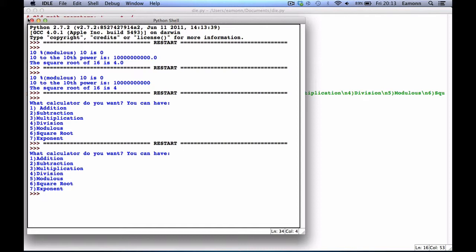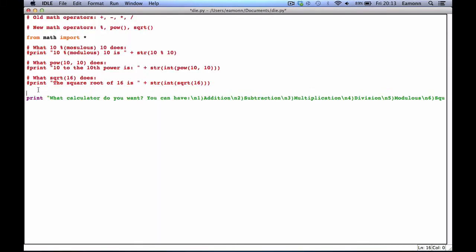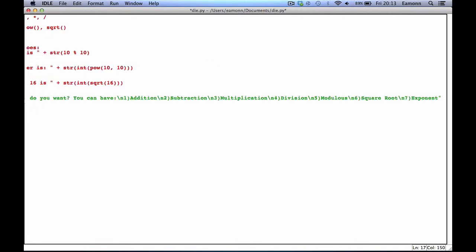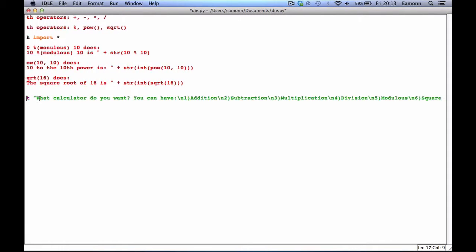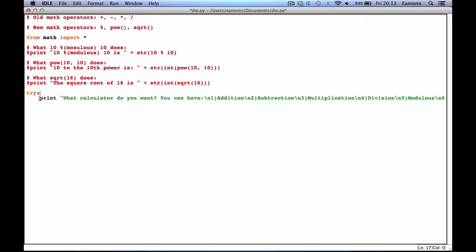And actually, I just noticed something. We will want this in a try block. Try, and this is where the overcomplicatedness comes in, because this is going to be an input. Now this isn't the overly complicated part, by the way. It should be simple stuff to you. Choice equals input,